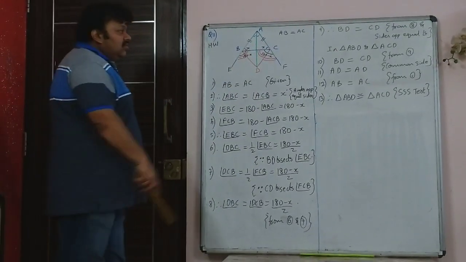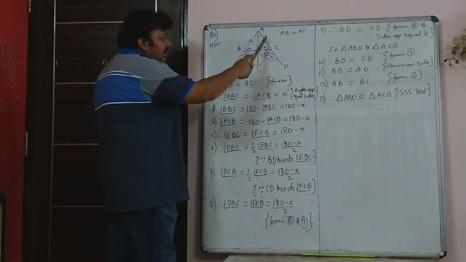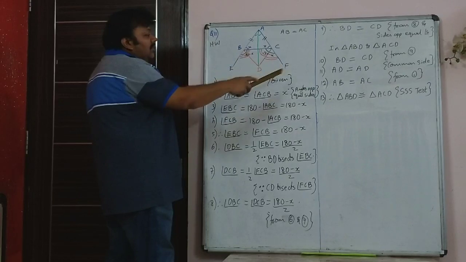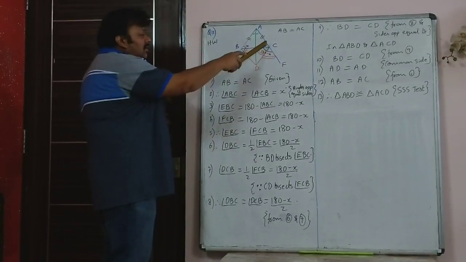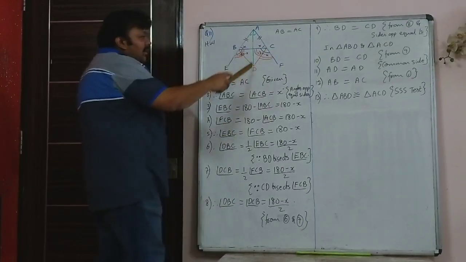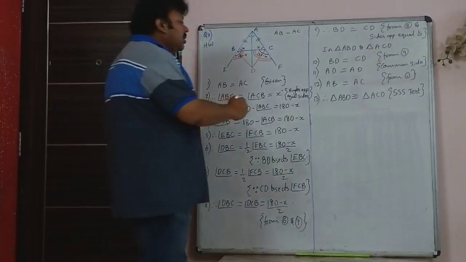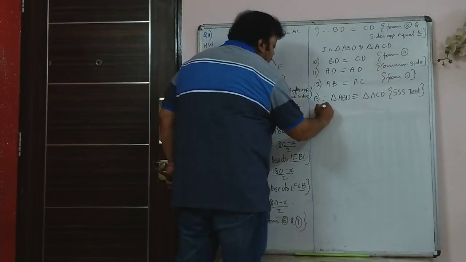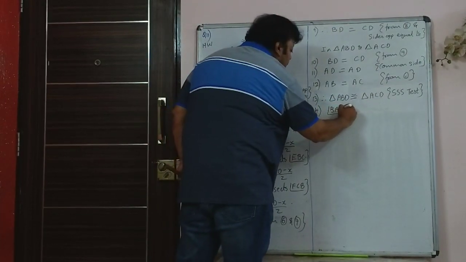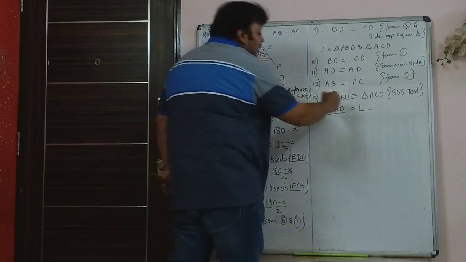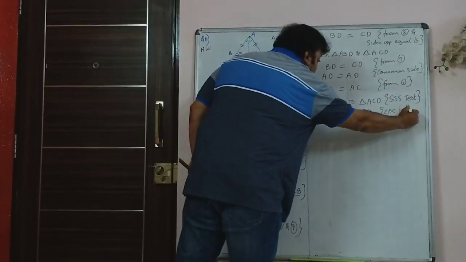So now you can use the two triangles ABD and ACD and then prove that the two triangles are congruent because AB is equal to AC, BD is equal to CD, which you just proved, and AC is the common side. So since the two triangles are congruent, therefore the last step you will have to write is angle BAD is equal to angle CAD, that is CPCTC, that is